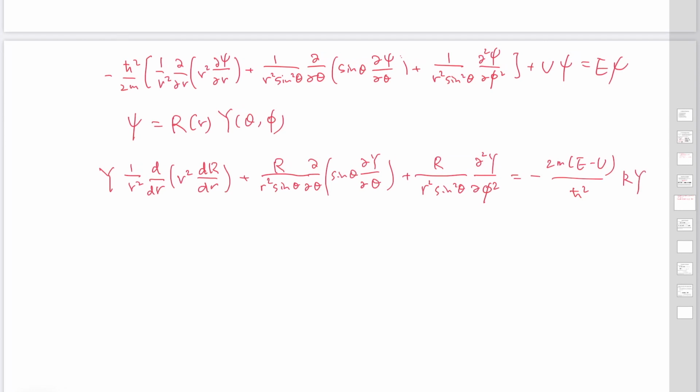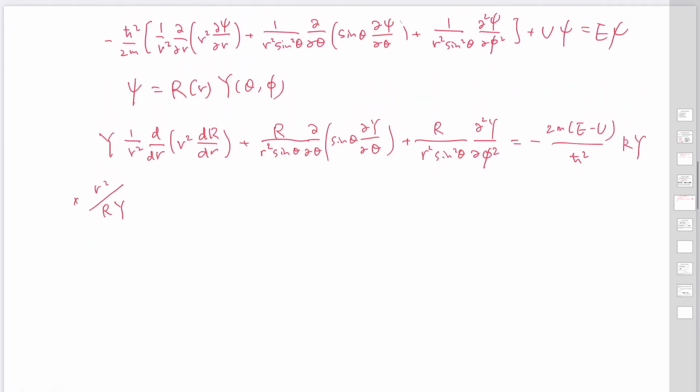And then you can multiply both sides of the equation by r squared over capital R Y, and then you will get